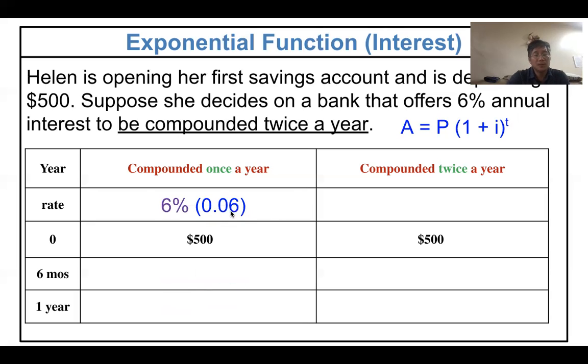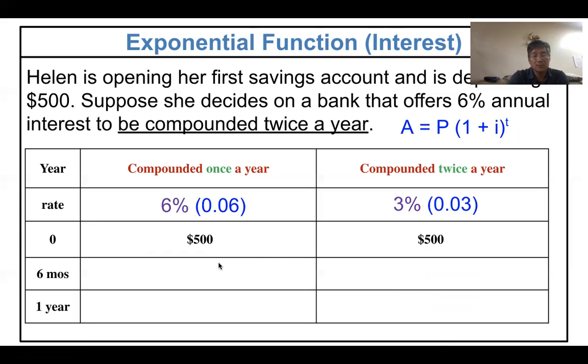6%, which is 0.06, when you get it once a year, right? How about this one, twice a year? 3%, 0.03. What did you do? You divide the I by 2, right? So 0.06 divided by 2. And then you add it to the 1. So at year 0 you get the